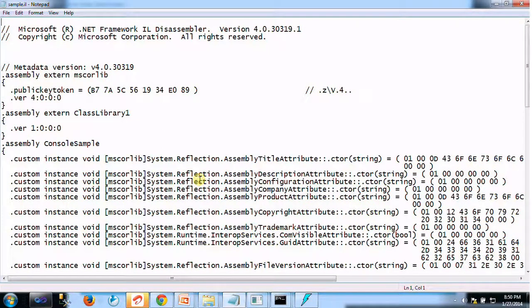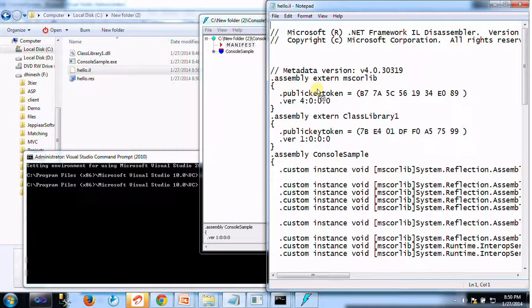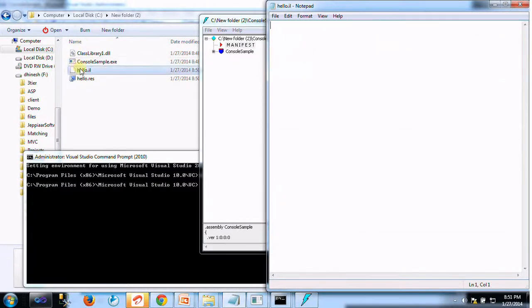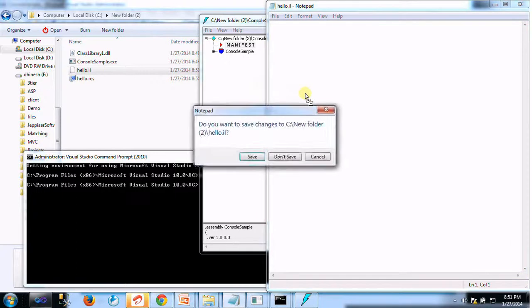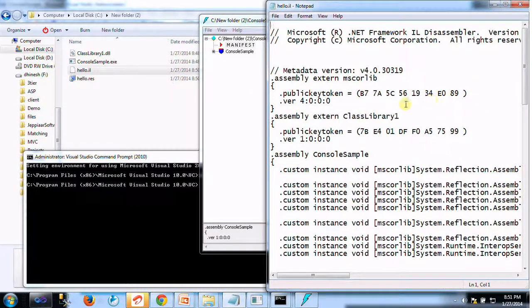Simply drag this. And here our console application is depending on the class library which has the public key token, version 1.0, and let's quickly change these version numbers.